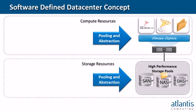So the notion that we're talking about in the context of the software-defined data center is software-defined storage, which we do through all software, which we'll talk about in a minute, but it really drives the pooling and abstracting of the storage resource, any storage resource, from SAN, NAS to direct attach, flash, and SATA drives, really anything you might see out there, including cloud resources for that matter. That can be pooled and abstracted and served up to the compute infrastructure as a single data store to support the application, giving it great flexibility in terms of the capacity it optimizes, as well as the performance that it increases, allowing you to do more on that storage at a higher performance level regardless of what that storage is. And that abstraction is what we're talking about now with our current